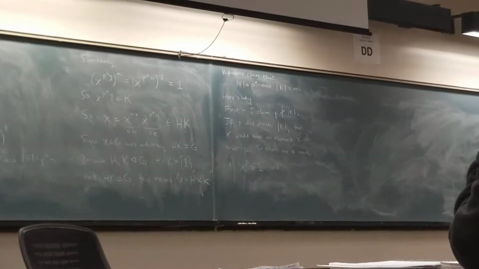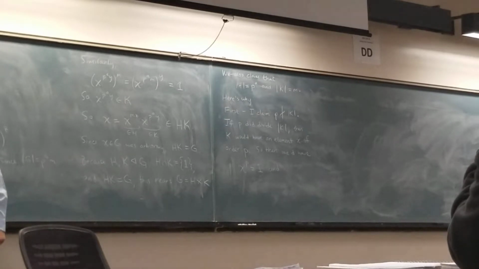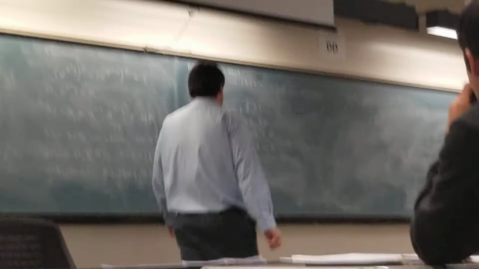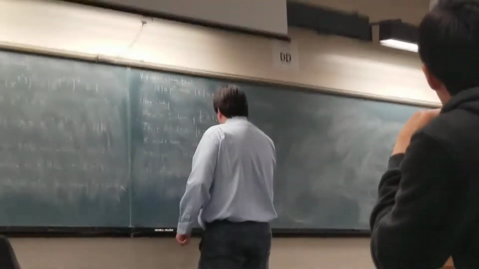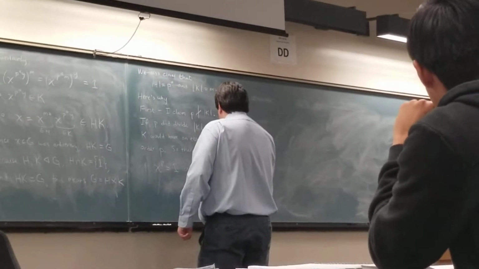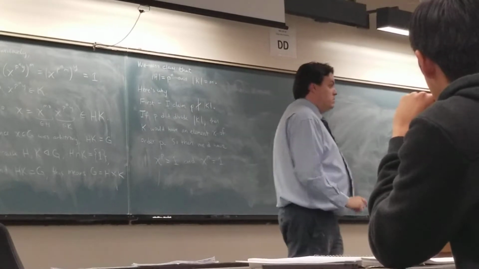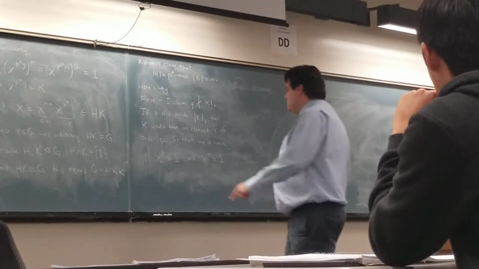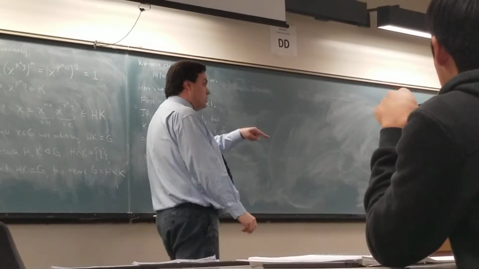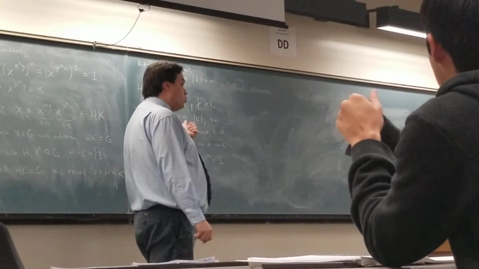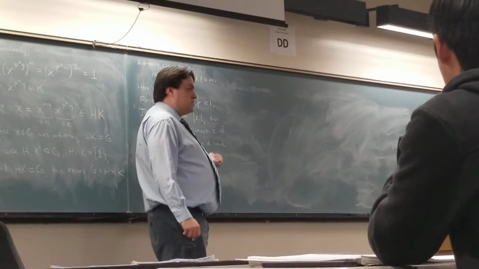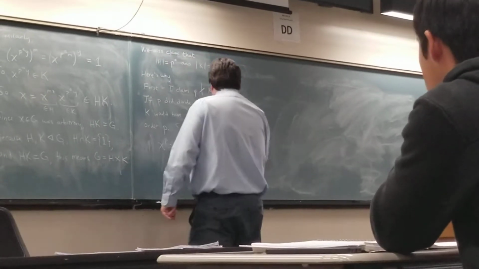Being in K means that that element raised to the nth power is also the identity. P has to divide M. That's right, yeah, in fact, I probably shouldn't even have written this part, I could have just gotten away with this part. You're saying that P would have to divide M because we're saying P is the order of X. And if the order of X is P, and X to the nth is 1, we have to have